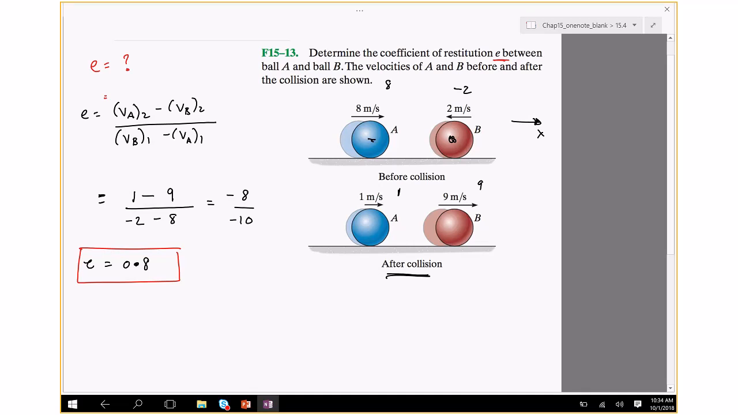So you should not get 1.33. If you get 1.33, or a negative answer, that's wrong. So all these answers,